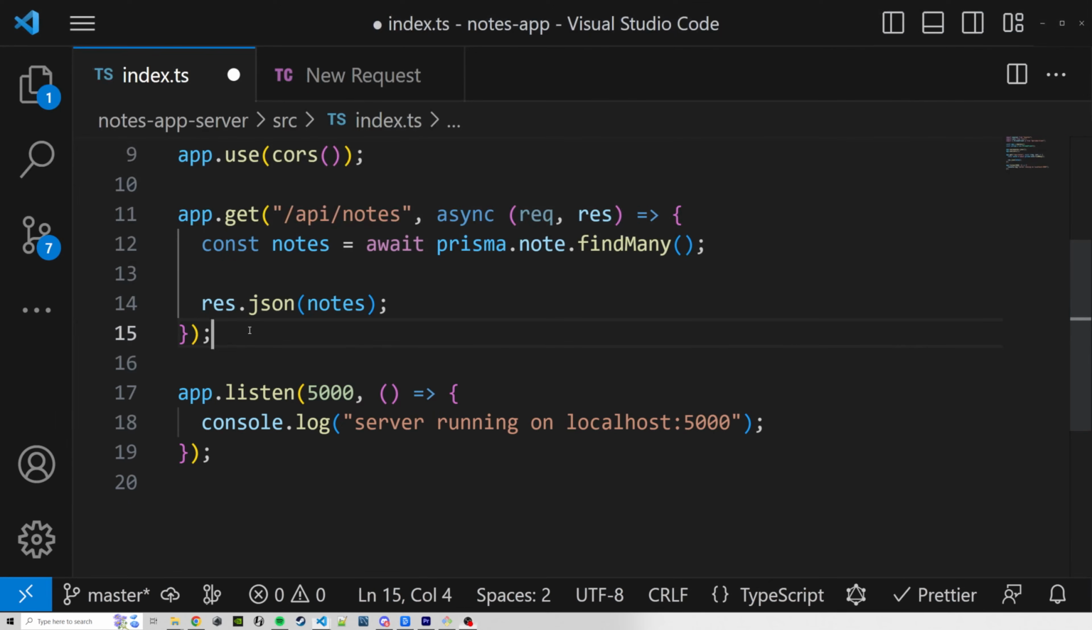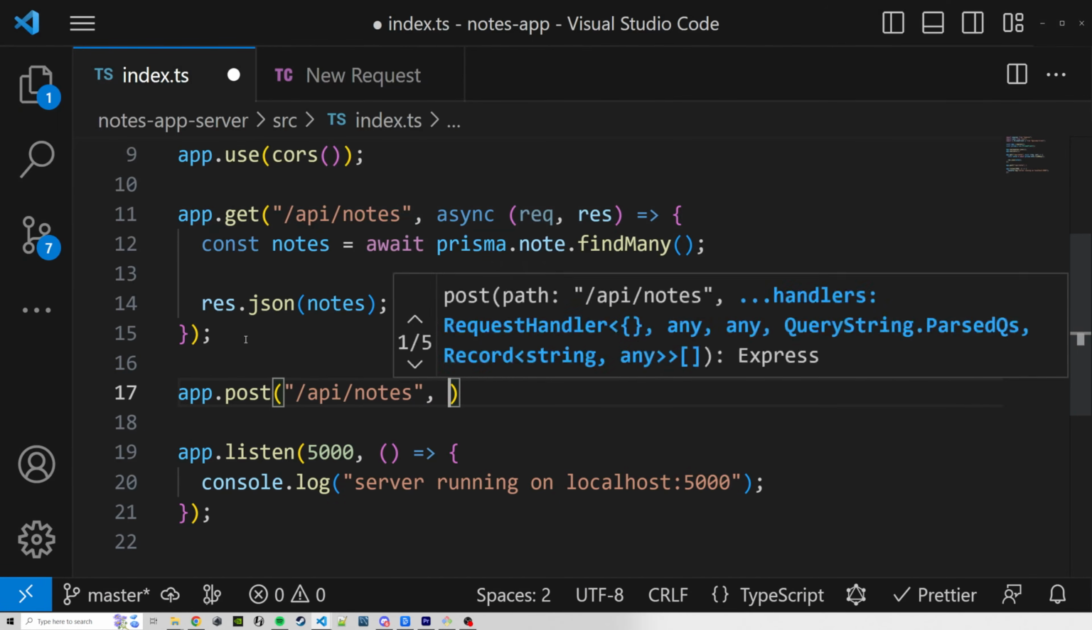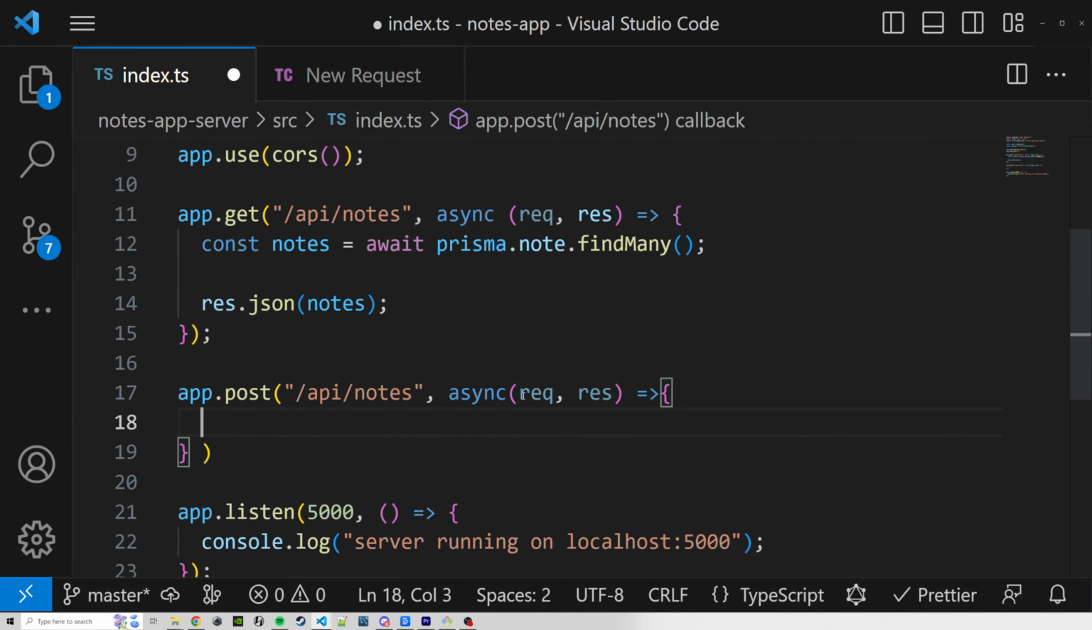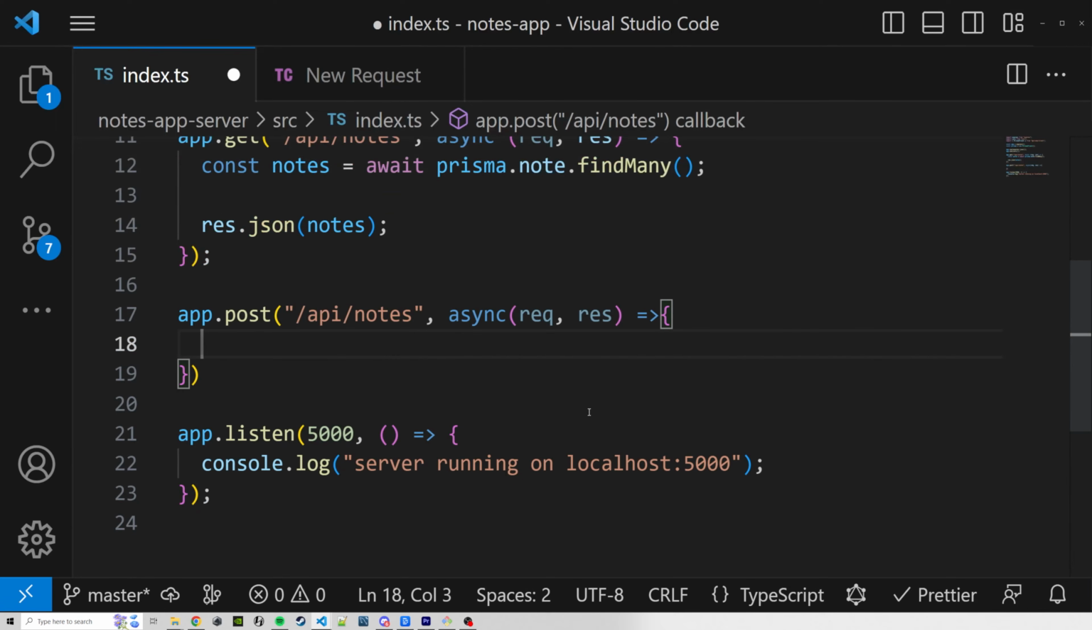Okay, so next what we'll do is we'll add the endpoint that lets us create a note. So in index.ts, just below our get endpoint code, we'll use the app.post function to create this endpoint. The structure is similar to the get endpoint, just this time we're calling app.post. And again, we pass in the URL where we want the post endpoint to be on, and then we pass